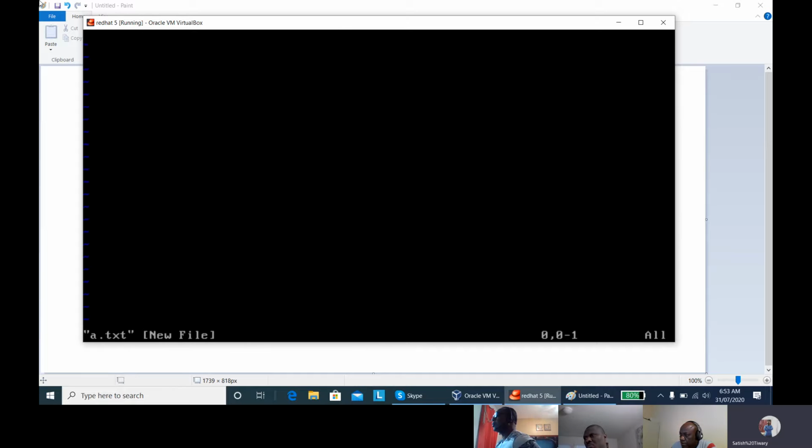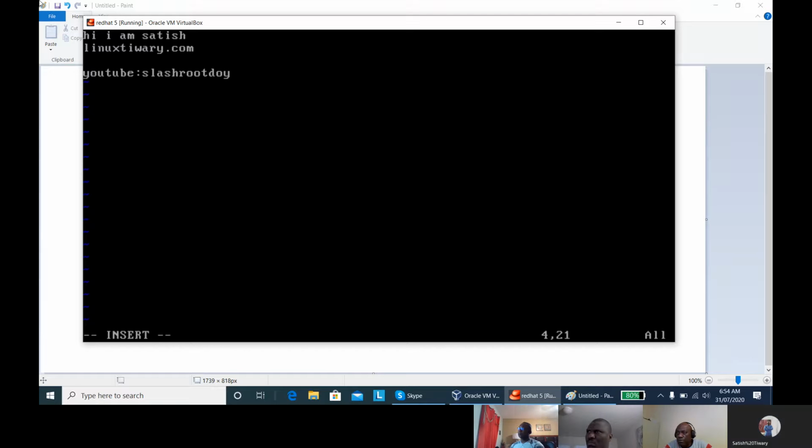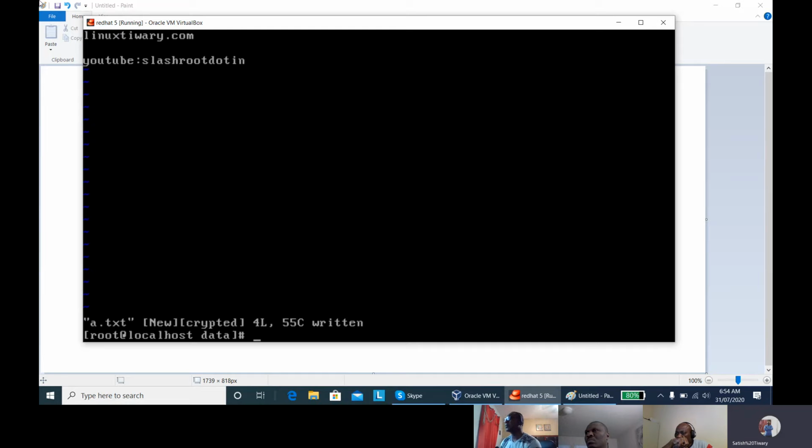Type 12345 again, then press enter, and now you can type anything. Go to insert mode and type hi. Then I just type :wq to save this file. That's all.